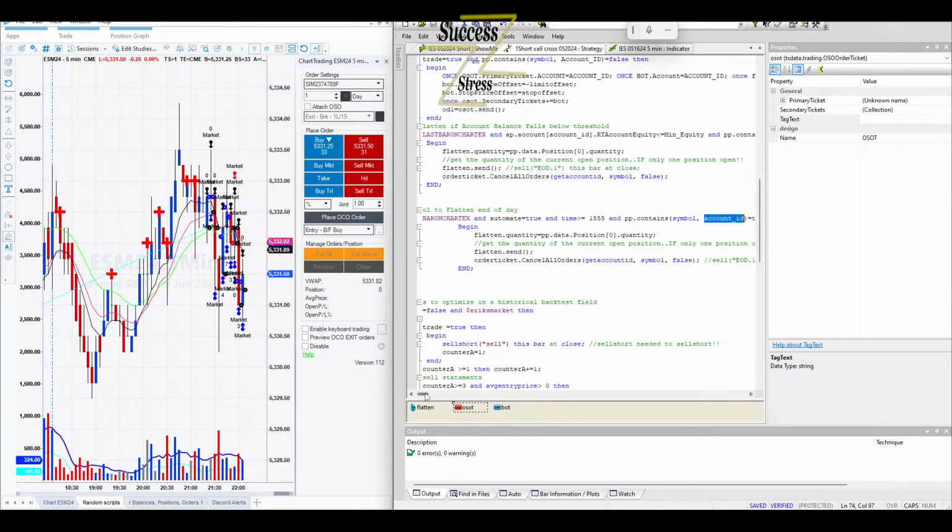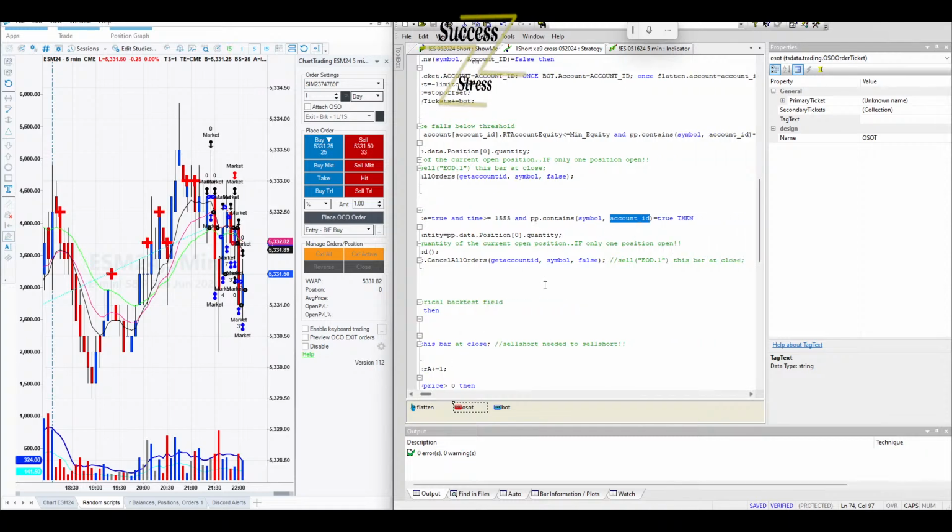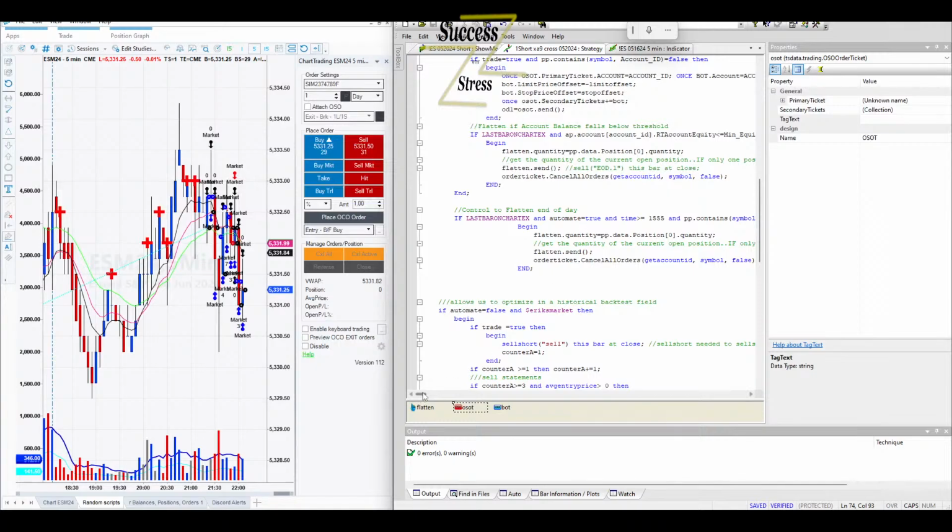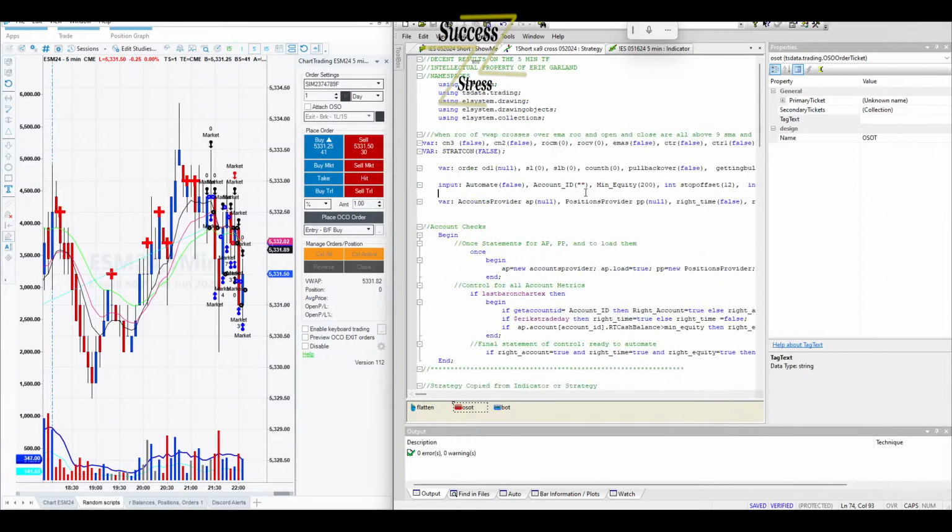And we have a position on, of account ID equals true. And we're going to flatten. And that is input account ID.